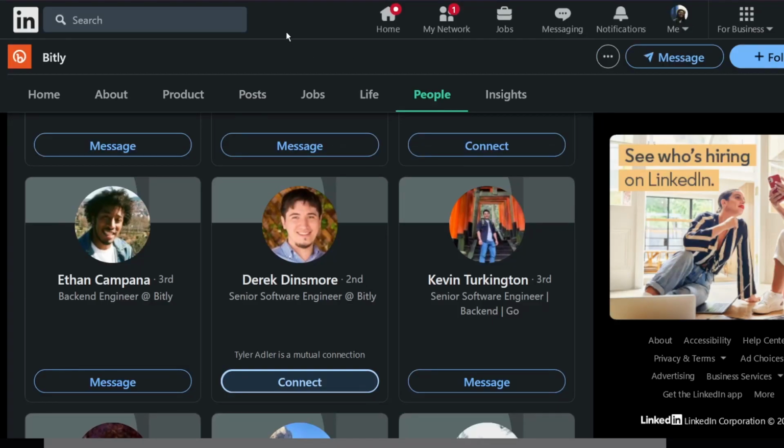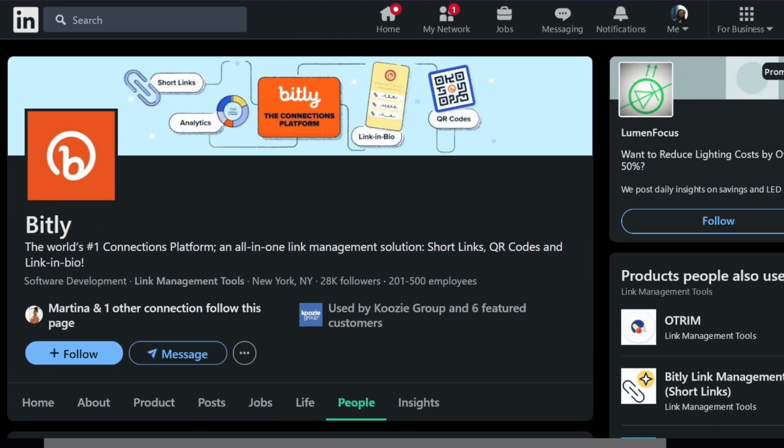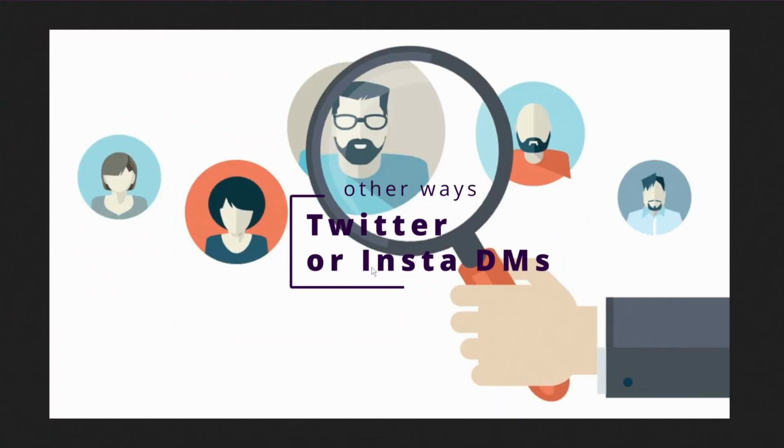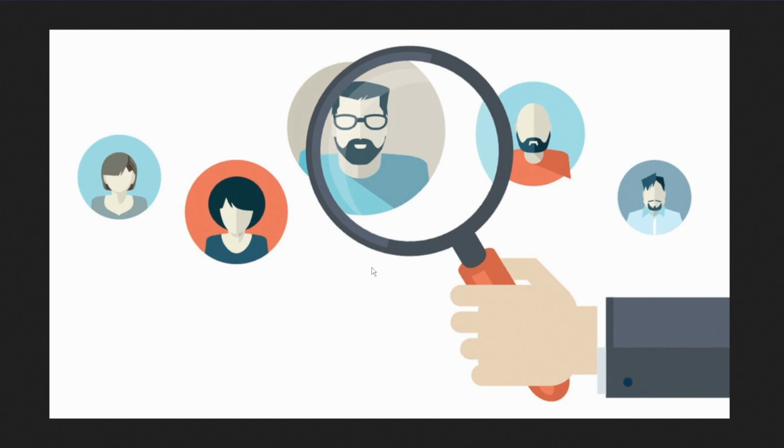So what are some other ways besides LinkedIn? Well, there is Twitter. So let's say you have a Twitter or X account. I'm not going to go into that here. I'm not logged in at the moment, but you can always go to Twitter or X. And again, you can use that search functionality and type in Bitly and just see what kind of posts come up. You can then see who's posting a lot about Bitly, who has liked posts about Bitly, who in their bio, especially, says that they work at Bitly. That's a clear signal for you to go and send them a DM if their DMs are open, or to reply to one of their tweets or posts